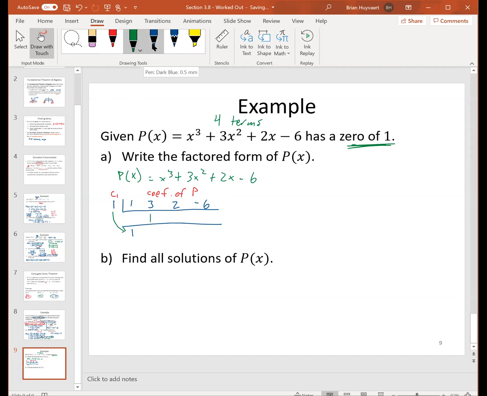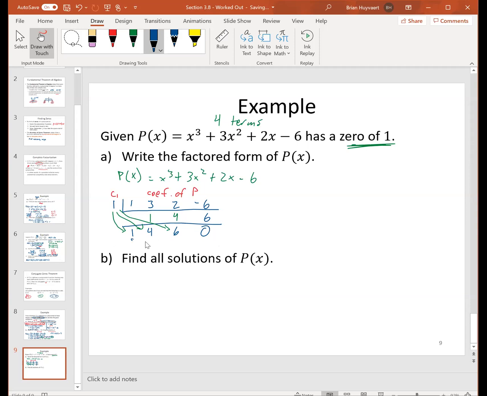And then we just go down the column. We say, okay, 3 plus 1 is 4. Great. And then we're going to do the next thing, right? 1 times 4. Okay, well, I guess that's going to go in the next column there. We just go down the column. So we get positive 6, right? 2 plus 4 is 6. We do the same thing, 1 times 6. It's getting a little bit busy here, but thankfully we don't have to do much more. That's positive 6. And hey, this is really awesome because we get a remainder of 0, which is what we're